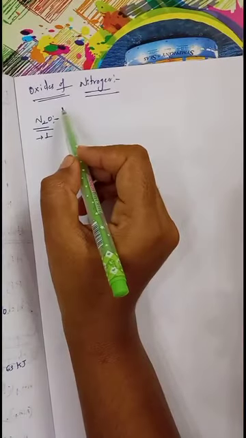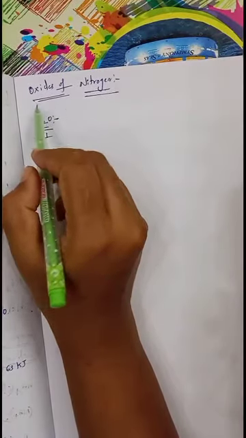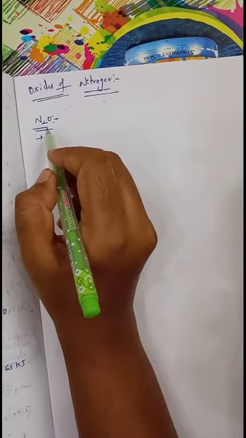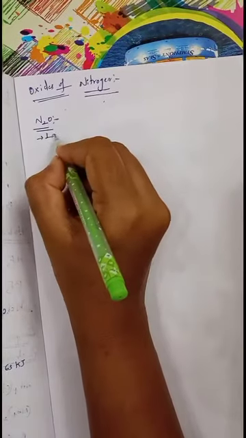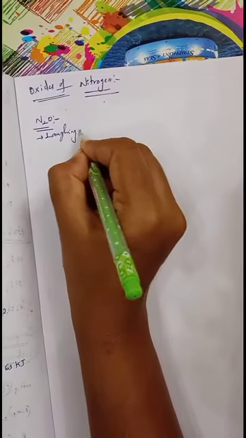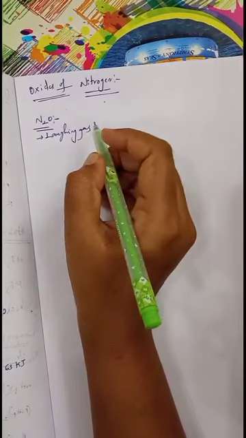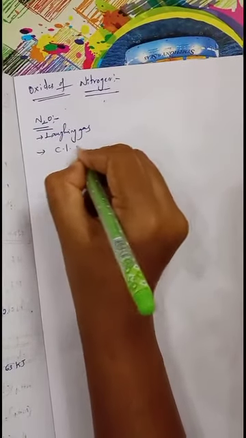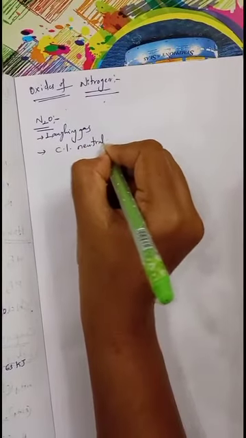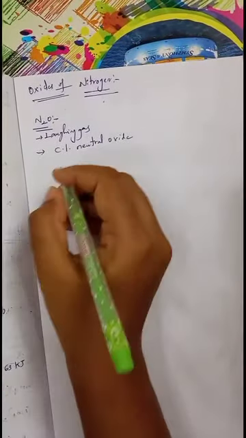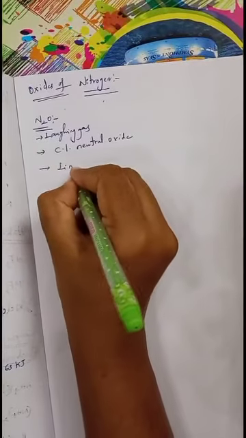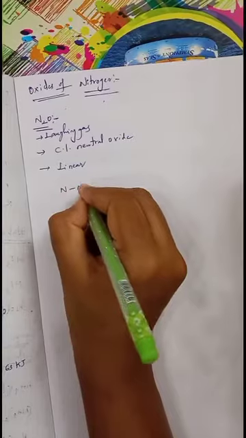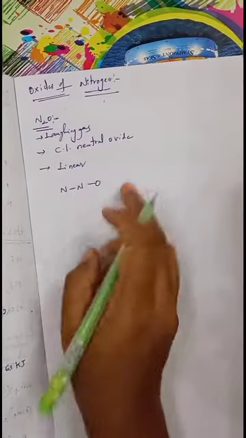So now the next type of compound of nitrogen is oxides of nitrogen. There are several types of oxides of nitrogen. We will see one by one. First one is N2O. N2O is known as laughing gas, and it is a colorless neutral oxide, and its structure is linear. If you see the structure, it is N bond N bond O. So this is about the structure of N2O.